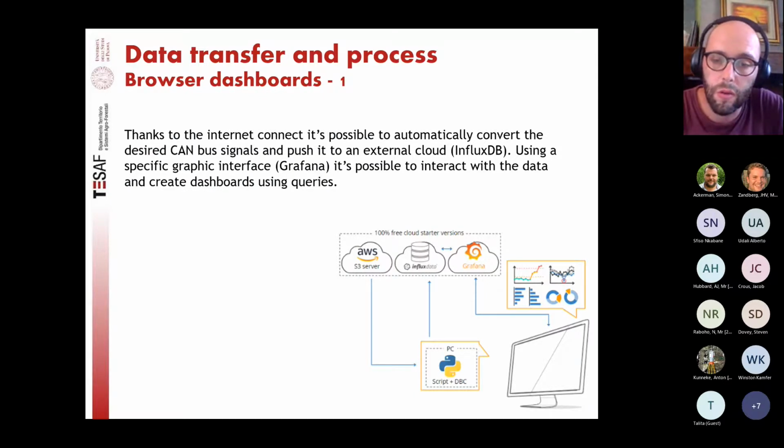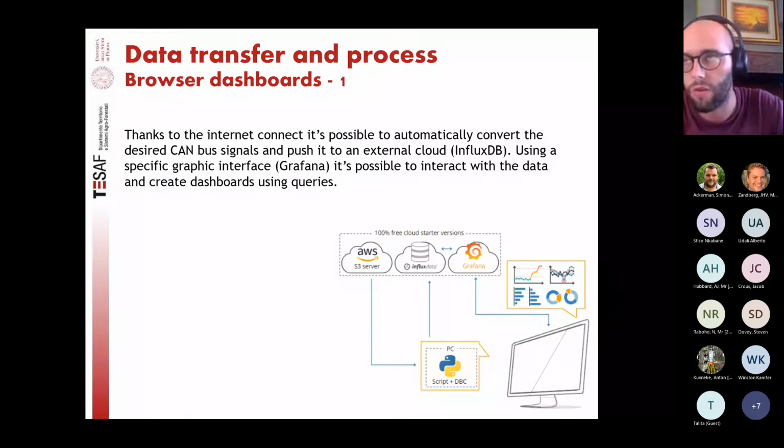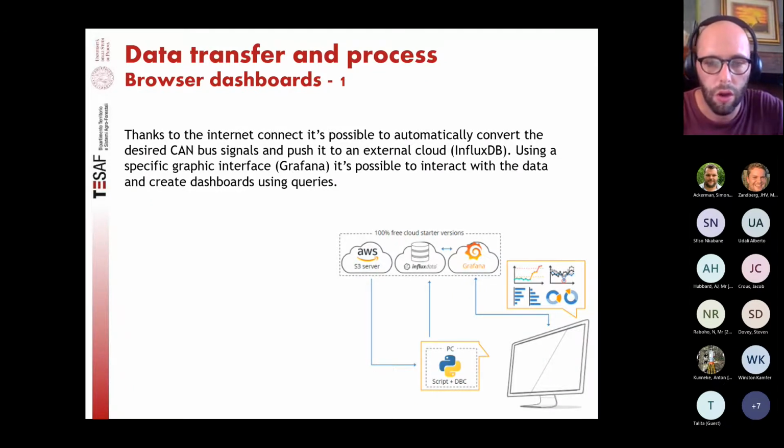The last method is the really automatized methodology. As I said before, the three methods are not totally independent of each other; they are consequent. So first one, second one, third one. The last one removes a lot of effort to go in the field, record the data, and see what the machine does. After the first trial and the first data collection of the machine, we can use this method to acquire the information and automatically upload it to, in this case, an Amazon server,